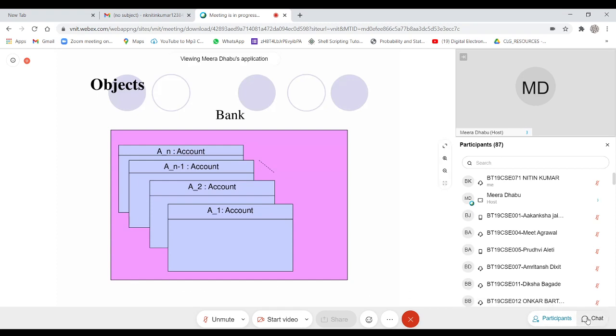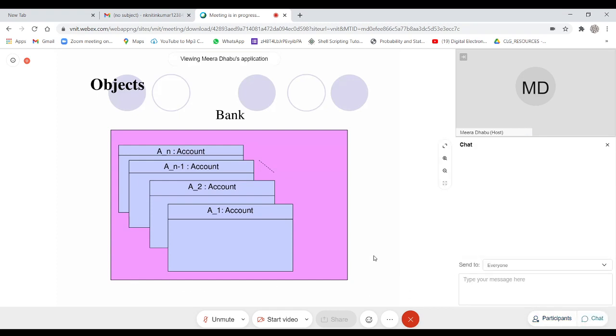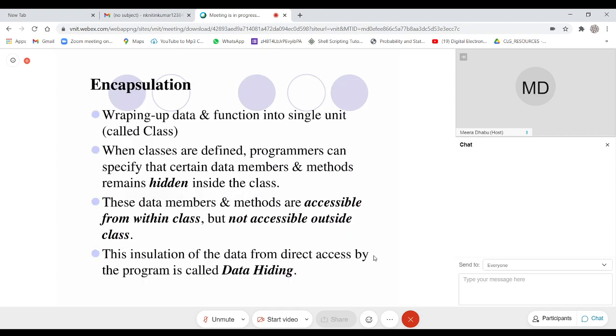So, going further, the class provides one more feature, that is encapsulation.